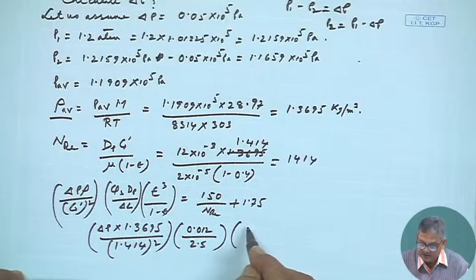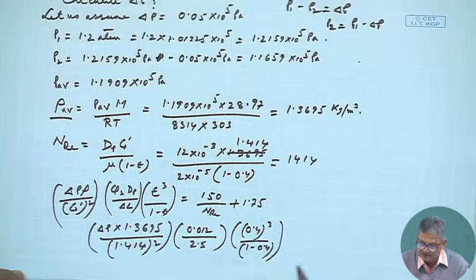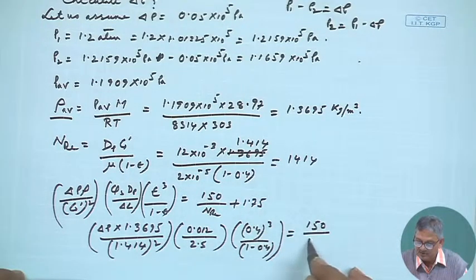Epsilon given here is 0.4 cube divided by 1 minus 0.4, right. This is equals to 150 by NRe, we have found out 1414 plus 1.75,